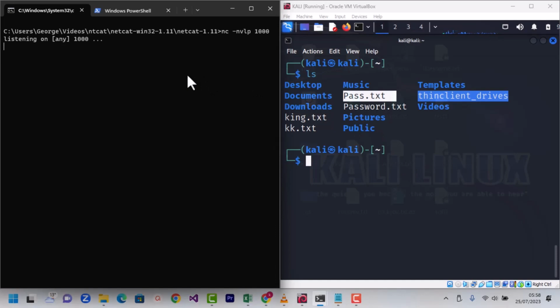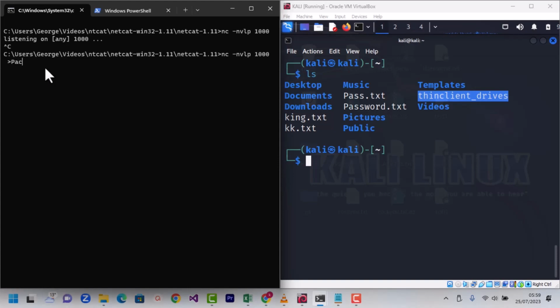But before we do this, let's cancel it out for now. Let's run it again. What we need to do now, after the port number, this time around, we're going to introduce something else. We're going to introduce this option. The option is that we want to receive whatever the Kali server sends to us. We want to receive this content. So what we need to do is to use this symbol. Once I use this symbol, it simply means that whatever is going to be sent from my Kali server, please drop it or save it onto this particular name I'm going to put there. So I want it to receive it, and then I want it to be called